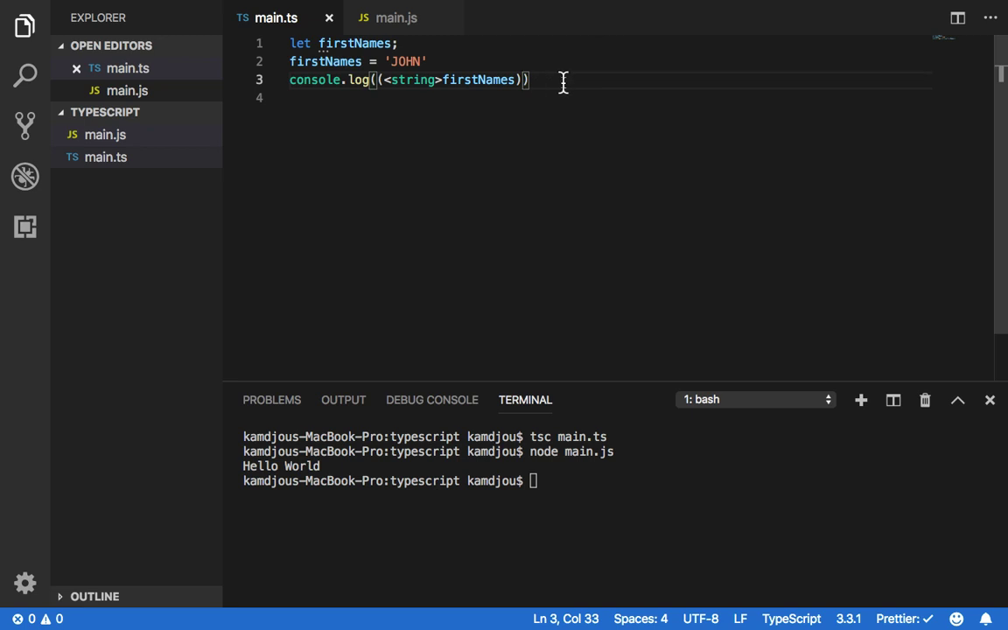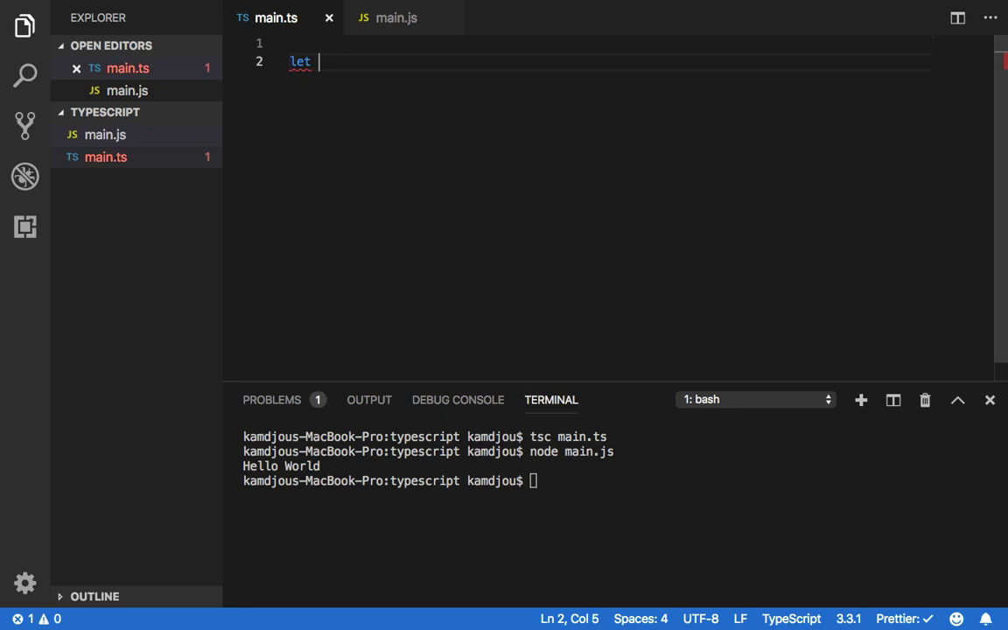So we'll go ahead now with the concept of arrow functions. Arrow functions in TypeScript are basically the same as arrow functions in normal JavaScript or ES6. So I'll go ahead and do an example of an arrow function. I can declare a variable, say hello,